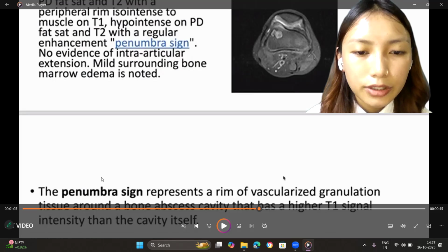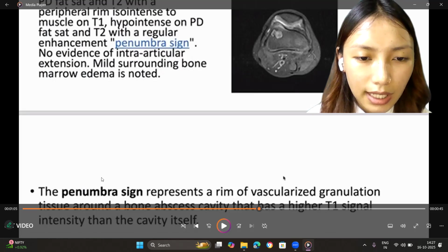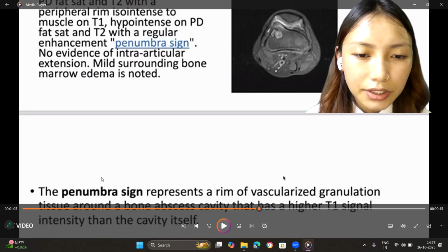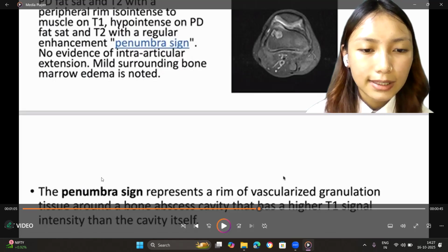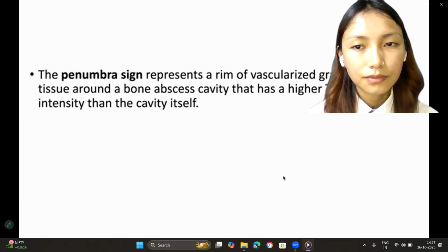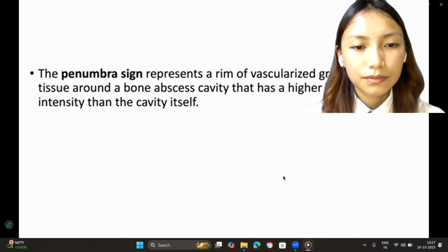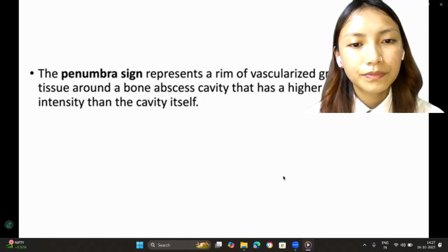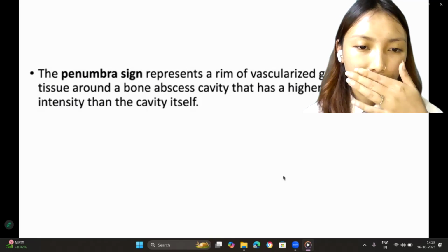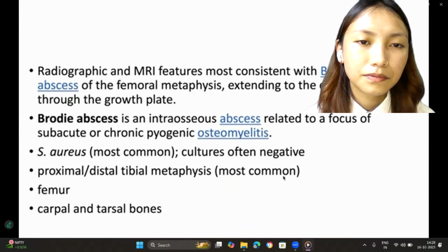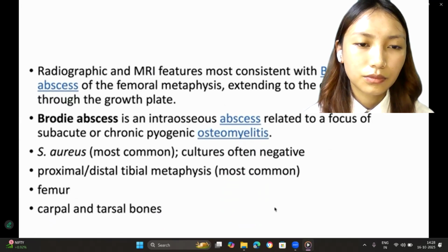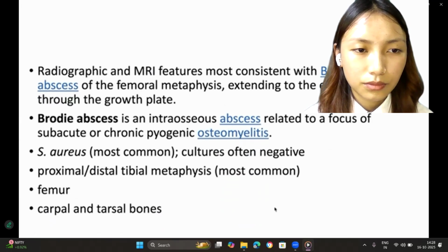A special feature seen here is the penumbra sign, which represents a rim of vascularized granulation tissue around the abscess cavity. The penumbra sign represents a rim of vascularized granulation tissue around a bone abscess cavity that has a higher T1 signal intensity than the cavity itself. The radiographic and MRI features are most consistent with a Brodie abscess of the femoral metaphysis extending to the epiphysis